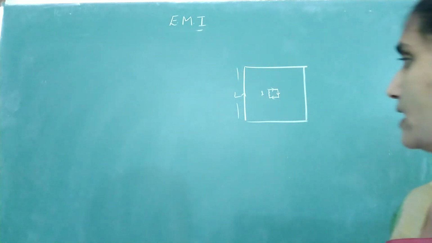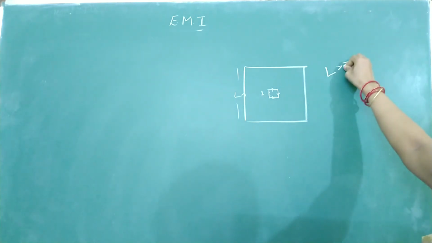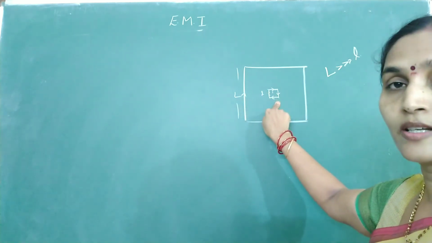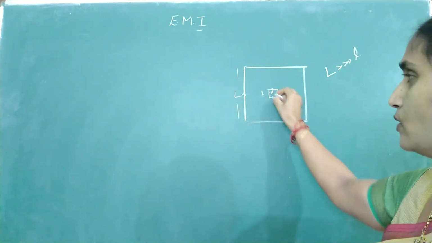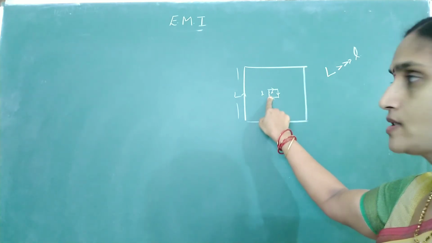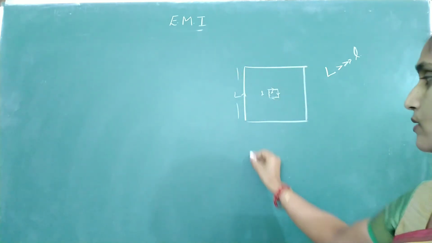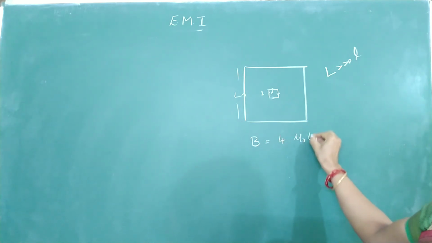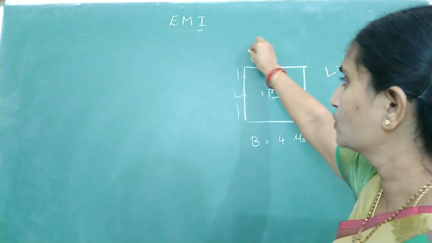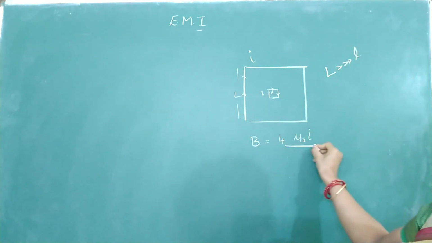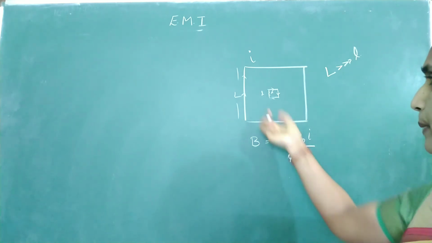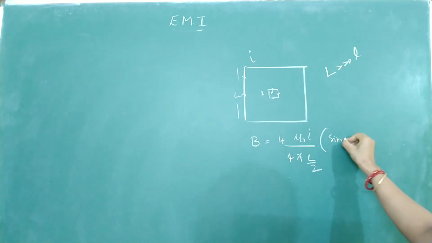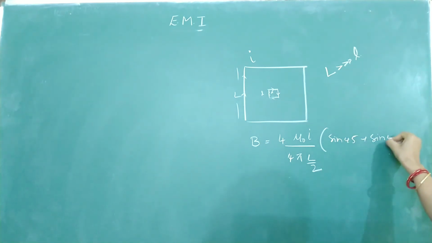Okay, to calculate the mutual inductance, here L is given much greater than small n. Only then the magnetic field at the center will remain constant. So first let us find out what is the magnetic field at the center of this smaller square because of the bigger loop. Okay, we know the magnetic field at the center is 4 times mu naught I, I am passing current through this, let the current be equal to I, by 4 pi into perpendicular distance L by 2, sin alpha plus sin beta, sin 45 plus sin 45.